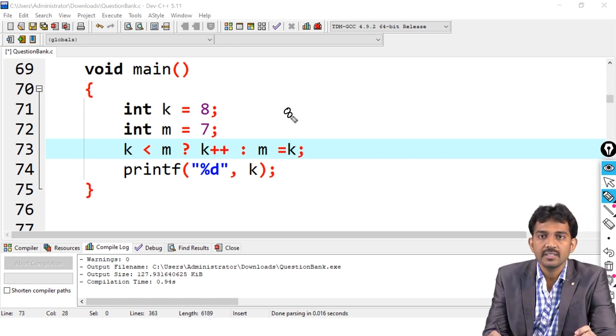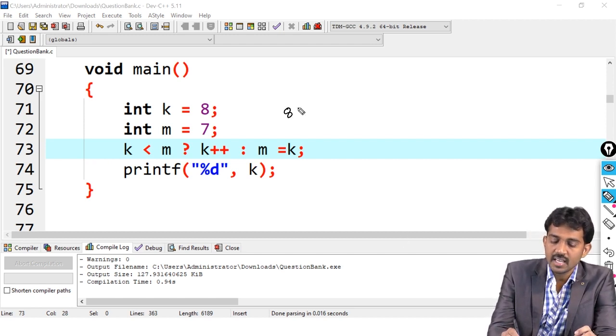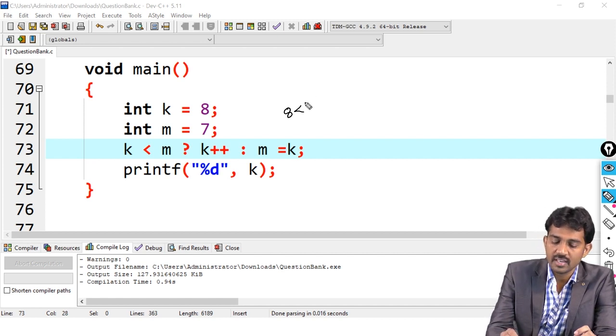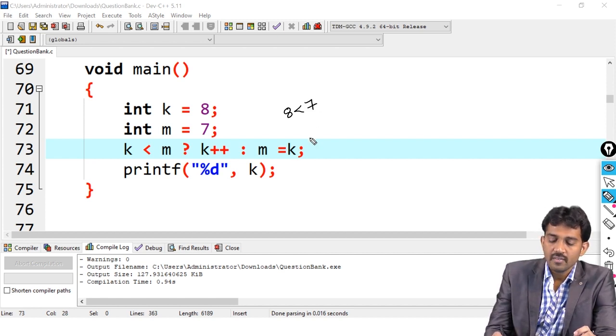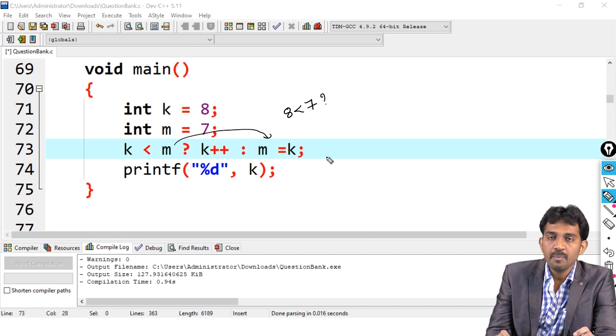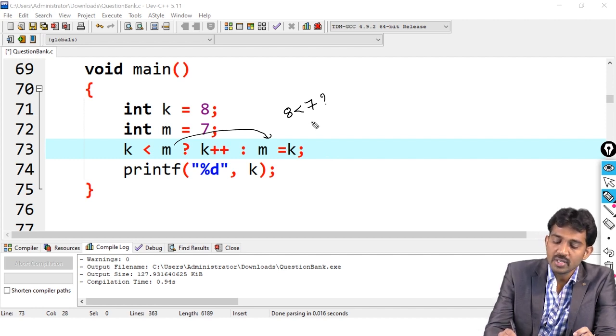And k is less than m. So what is the m value? 7. The condition is false, right? When the condition is false, it comes to here, m = k. Means we are going to assign m the value of k, means m value goes to 8. But we don't have a provision to use it like this.